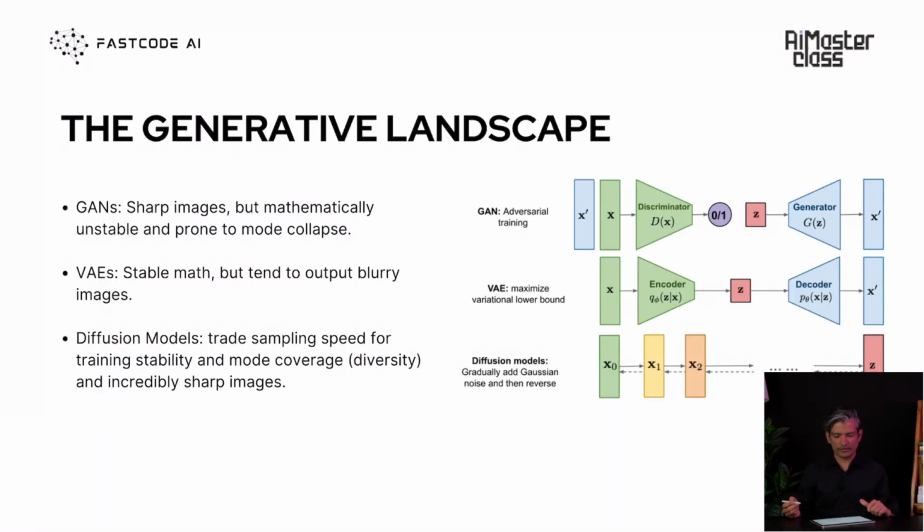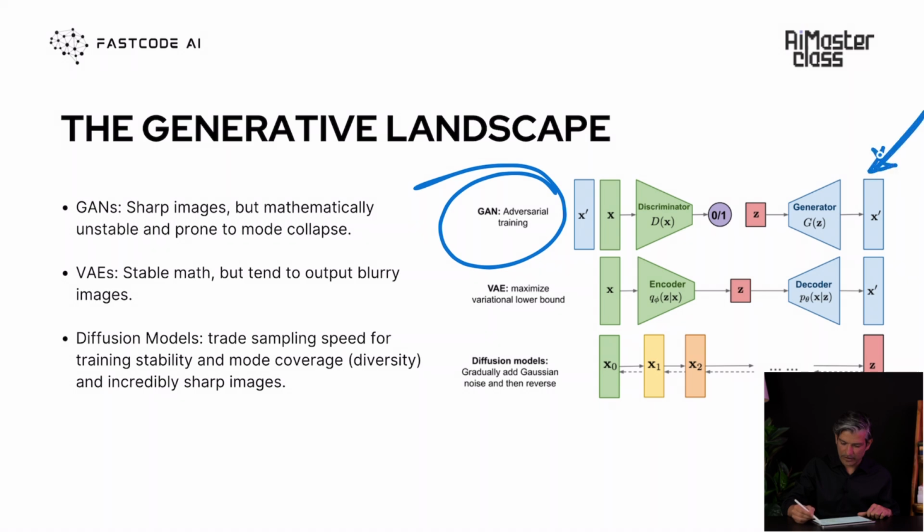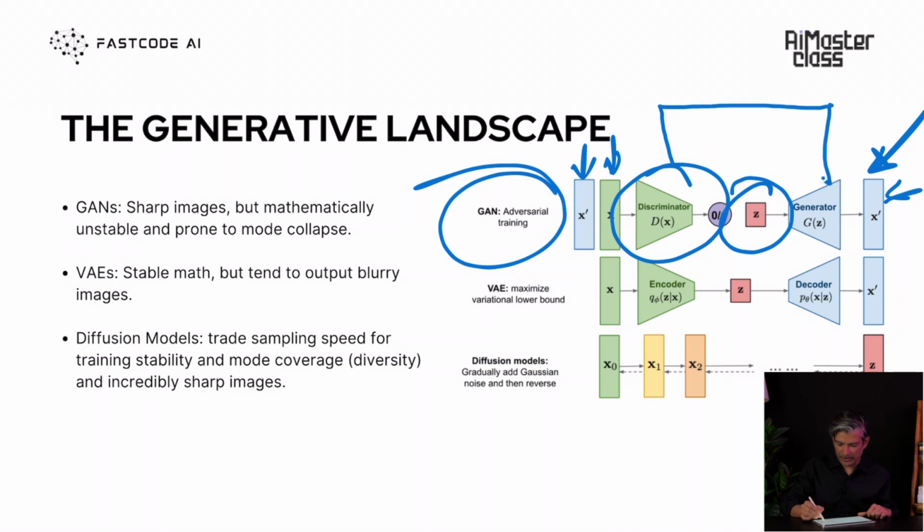Why did people invent these diffusion models? Well, we know GAN. If you remember, there is the generator. It converts latent vector z into your output x dash. Your discriminator distinguishes between your x dash and x, and this generator and discriminator together create our so-called generative adversarial networks. The problem is that it creates sharp images, but it's mathematically unstable and prone to mode collapse, meaning it may not just learn anything. Let's say the police become so powerful that the counterfeit, the rogue agency cannot exist, so that's a mode collapse.